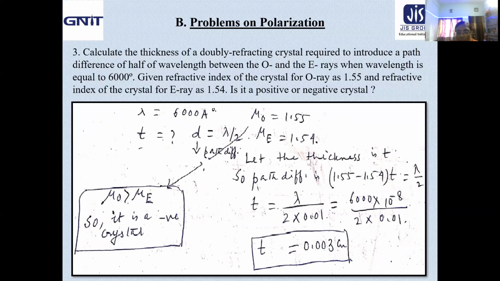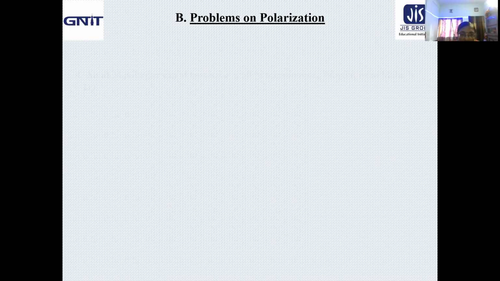So just take a look. The problem initially appears very, very different, but it is not like that. Definitely the language is something different, so I hope now you are becoming familiar with the language. Because of velocity difference, definitely there will be a path and phase difference to cover the same thickness of the crystal by the O ray and the E ray. From there the path difference value we found out, because it is delta mu into T and that is given as lambda by 2. Other data are given, so we got it. Is it clear now? The problem is a little bit different. Clear? So let us move to the next question.